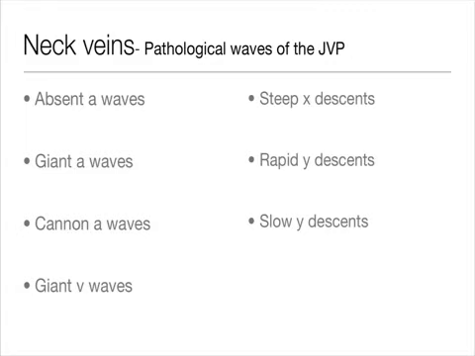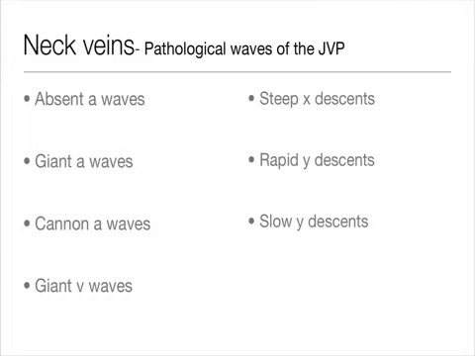Rapid Y descents are seen in tricuspid regurgitation, and when there's a large volume of blood in the right atrium and a very high flow across the tricuspid valve. The Y descent, which, as we remember, is caused by opening of the tricuspid valve, so if there's very rapid flow of blood across this valve, you'll see a very rapid Y descent as this blood rushes out. But where there is very slow flow across the tricuspid valve, you'll see slow Y descents, and this can happen